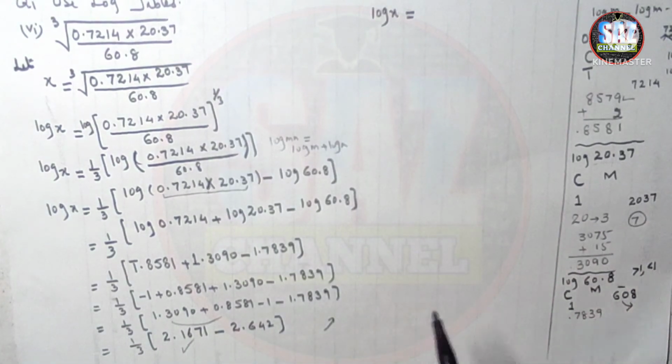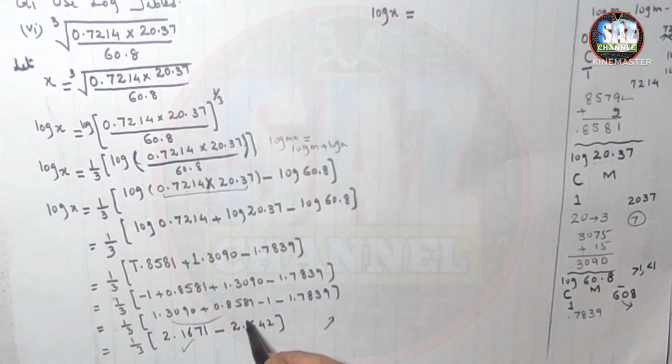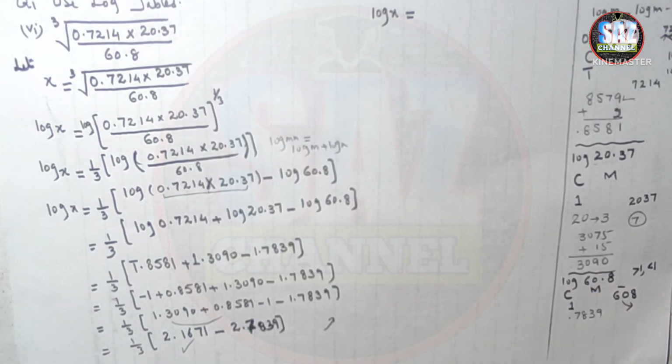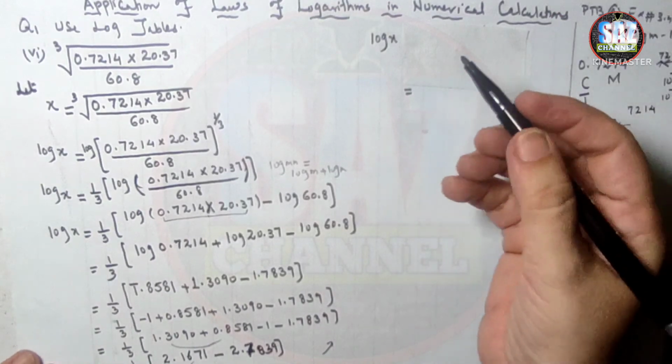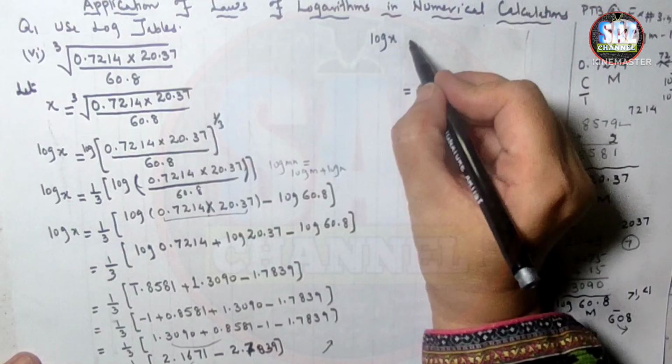This gives me 2.7839. Okay, always recheck your working. And then what I have to do, I have to subtract 2.1671 from that, and this will give me 1 by 3 into